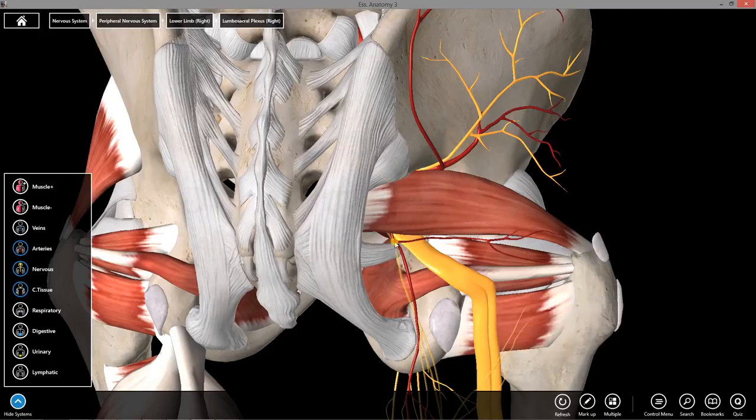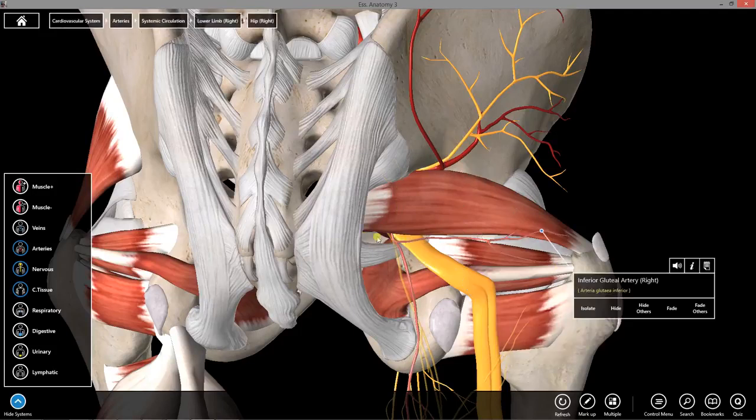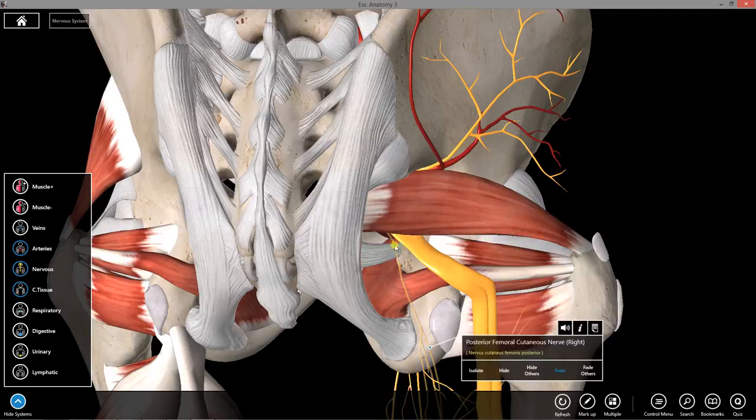And then lateral or medial to the sciatic nerve is the inferior gluteal artery, which provides a lot of blood supply to gluteus maximus as well. Also going to hide that. Also medial to the sciatic nerve